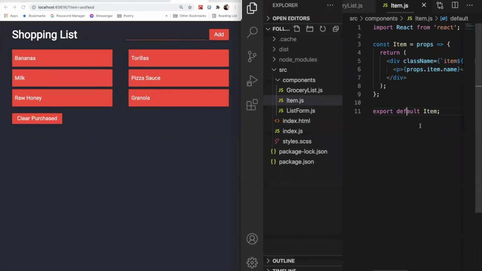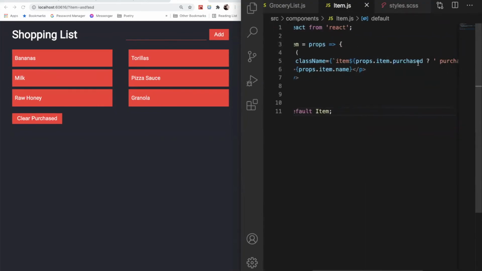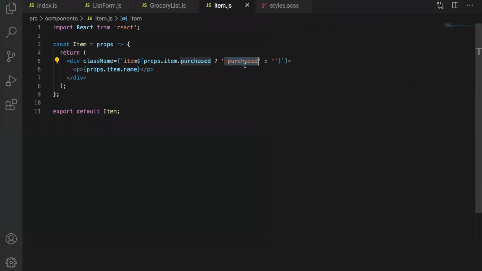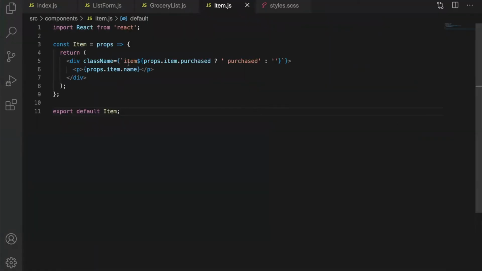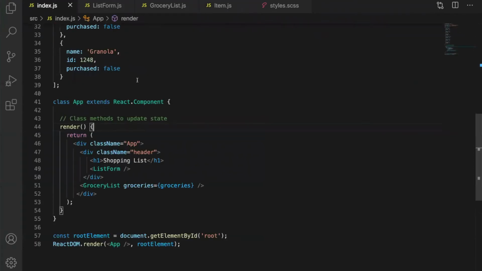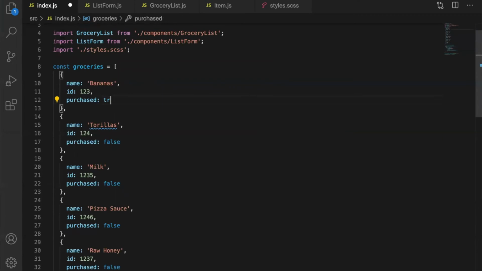If we look at our item component itself, then we see we already have a little bit of functionality here. We have a class called purchased, where if we look at our CSS, it basically makes it so that we can cross out this name and also change the color of our button. And then we can print this out. So we can actually test that. If I go back inside of my index.js file and I put in true here,